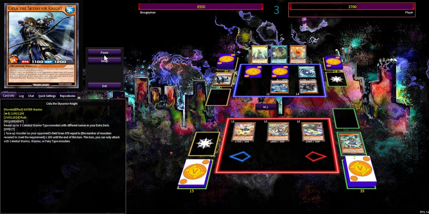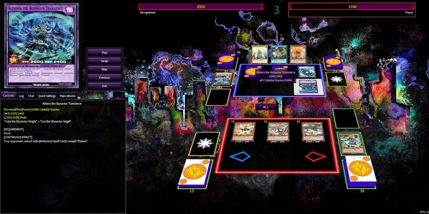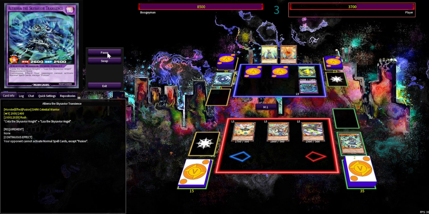They'll go into the Altiera, which has a floodgate to prevent the activation of normal spell cards that aren't named Fusion, which is a neat little floodgate effect if we can't out it. We'll see how that goes for them. They'll go for the Graceful Charity to discard some cards. Interesting that they chose to do it that way, discarding their 2/3 monster here, because if they're going for the